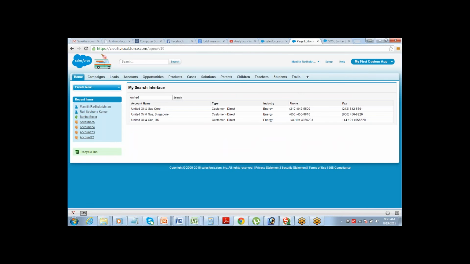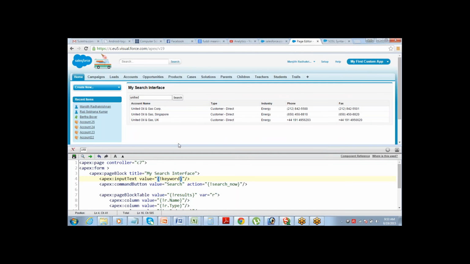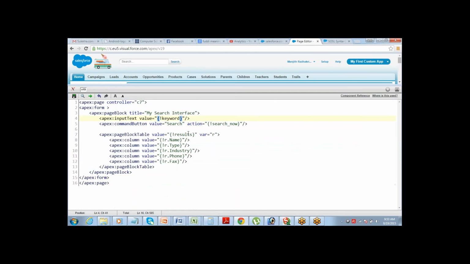Can you open this V19 Visual Studio? Cool. The text input text value equals to keyword, right? Hmm. Can I reference it in that? First thing, I need the microphones on mute, please. I'm getting a lot of noise.